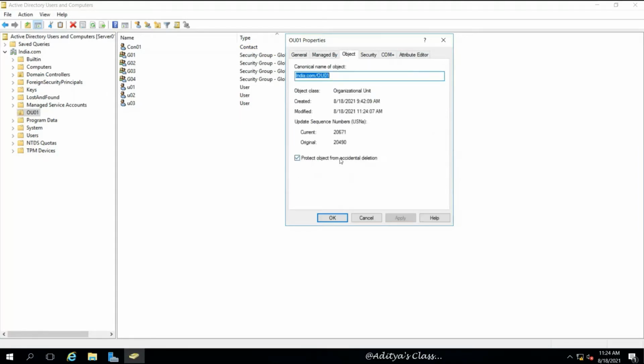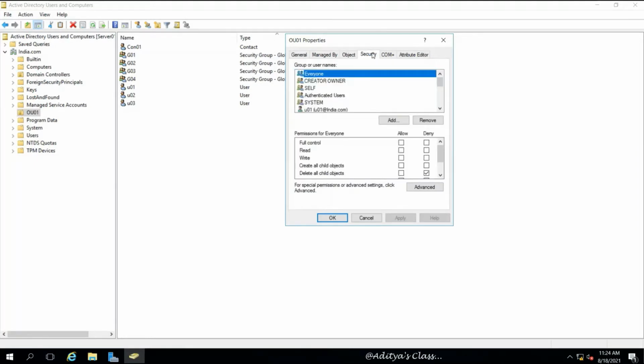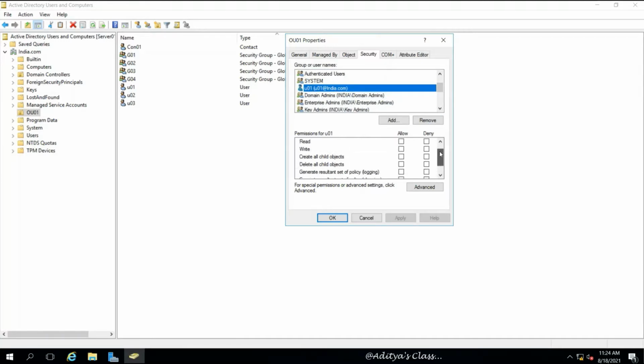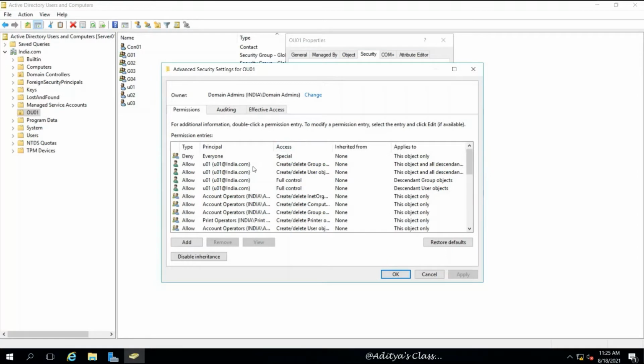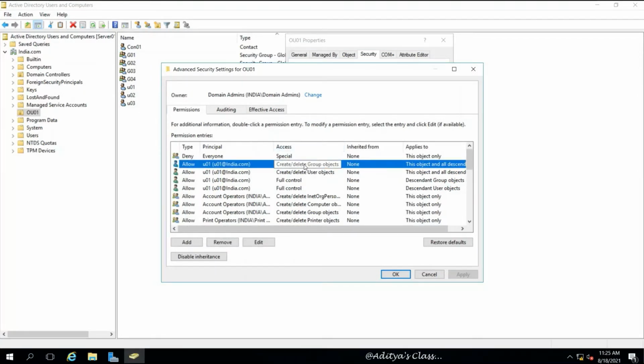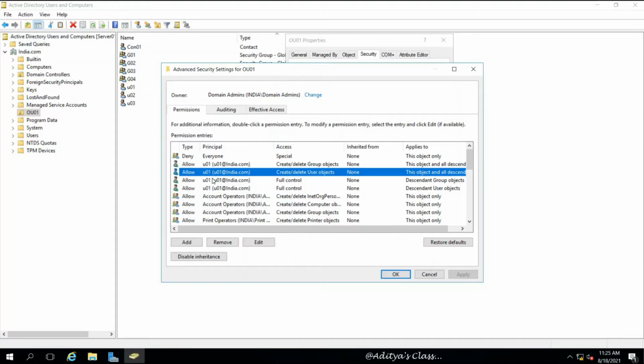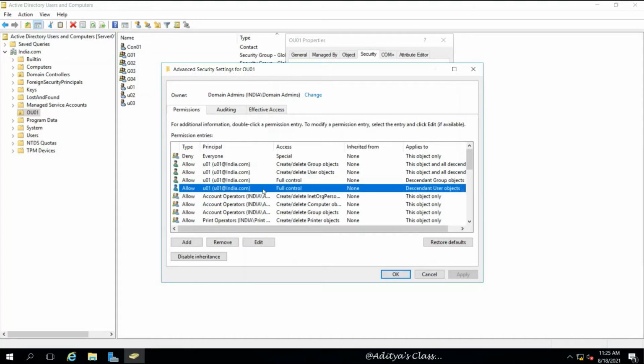Notice in the group and user list we can see user 01, and user 01's permissions are not visible in the permissions list for OU01, but we can see that there are some special permissions given to user 01. So click on Advanced, and now you can see user 01 got permissions related to users, groups and some full control. If we want to further fine-tune these permissions, click on Edit.